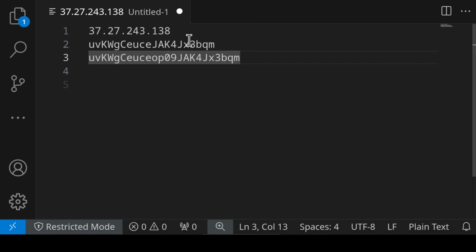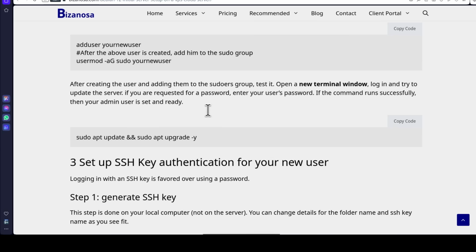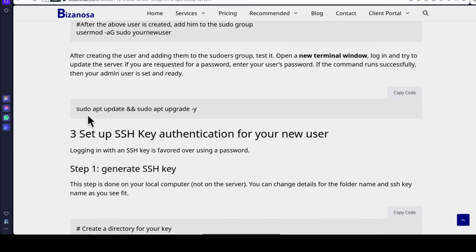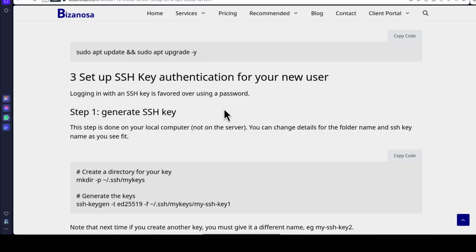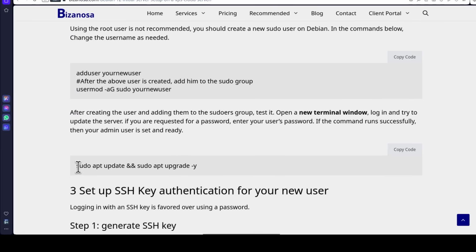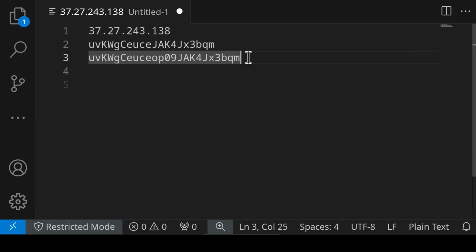All right, the next thing that we need to do here is to confirm that this user that we've created can use sudo. And then later on, we're going to disable the root user from logging into the server. And then we can use this user to manage the server using sudo. So the next step is to confirm that we can log in. So of course, I don't want to type on terminal. So I'm just going to copy my IP here, Control-C, bring it here, Control-V,